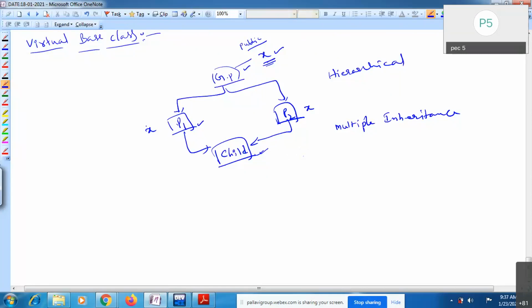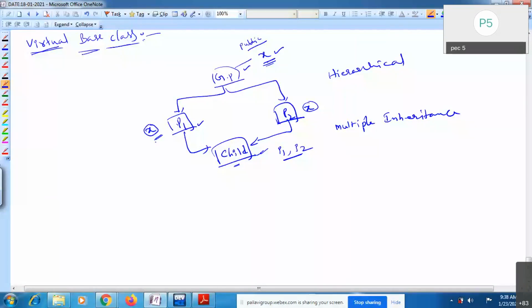Whenever you are deriving from two base classes, and in those two base classes you have the same data member, the derived class gets the data member from both parent classes, that means from P1 and P2.